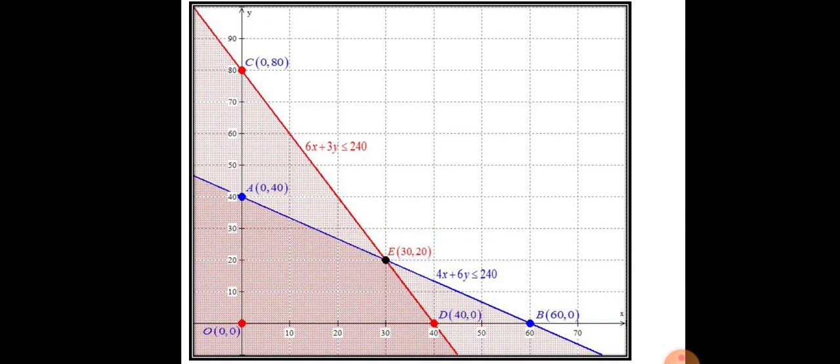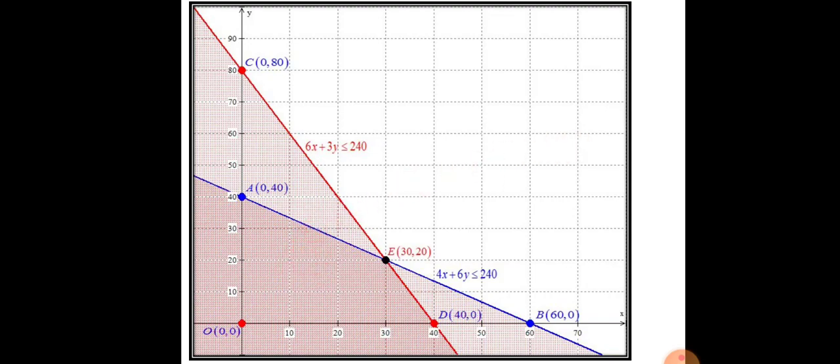By using these corner points, here we have 4 corner points. Our feasible region is, because as we know that both the equations are less than or equal to, it means towards the origin. We have to mark toward the origin. In this shaded part, we have the common region A, O, D, E. So this is our corner points, that is, this is our feasible region.